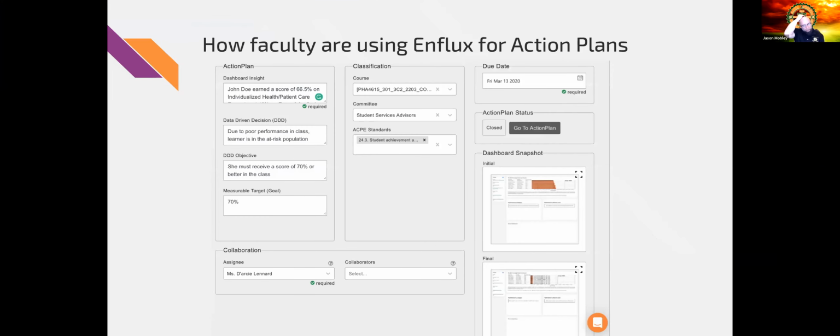So another thing is, once we got through the categories per item, the next step was getting the faculty implementing other dashboards in ExamSoft. The next dashboard that we use is the student performance dashboard. I'm not going to directly pull it up right now because, of course, it has student data in it. But here's an example of a student performance action plan.